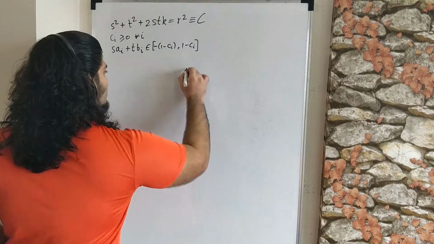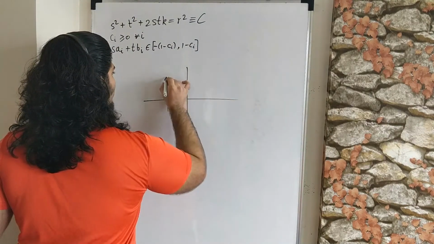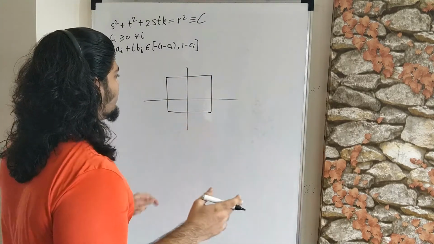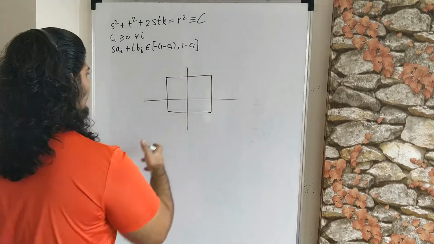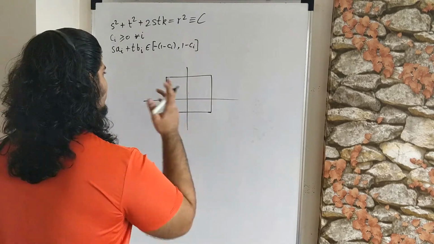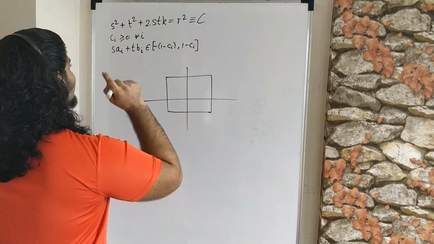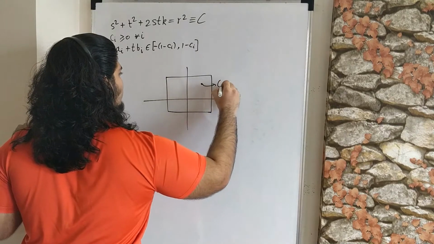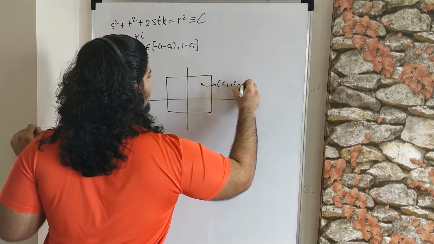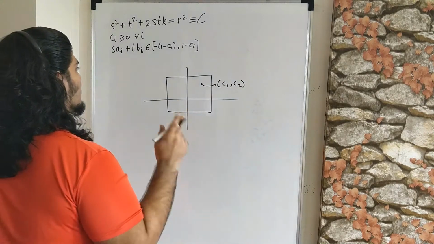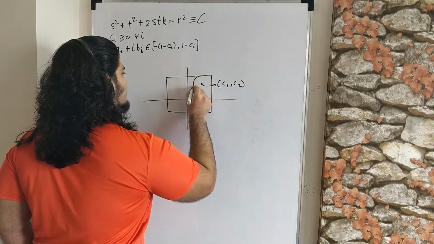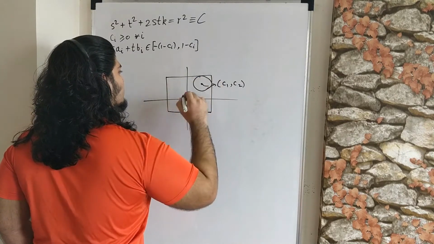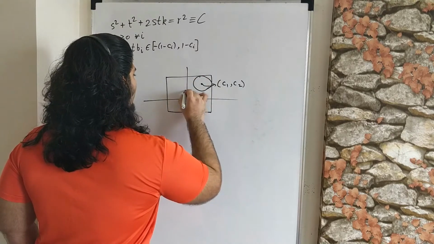So what I mean is, let's take the two-dimensional analog, and let's say we want to talk about what is the maximum radius of a circle in a square of side length 2. So obviously the answer is pretty obvious, it's just 1, but what I'm saying we'll show over here is that if we have a point over here, let's say (c_1, c_2), and this is the center of our circle, then we'll show that the maximum possible radius for a circle which is centered at this point is also possible to draw over here.